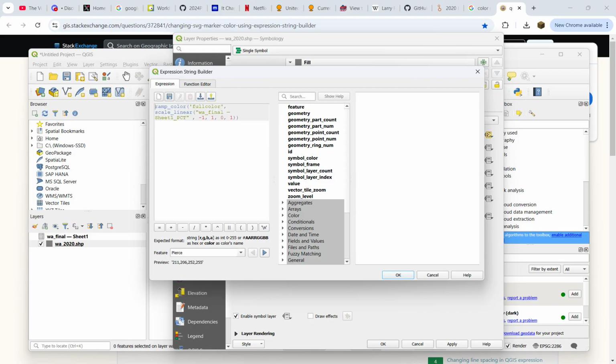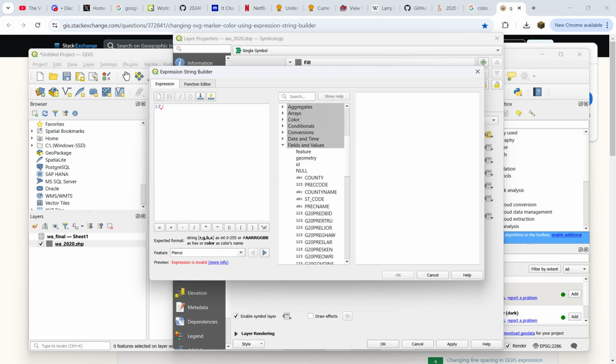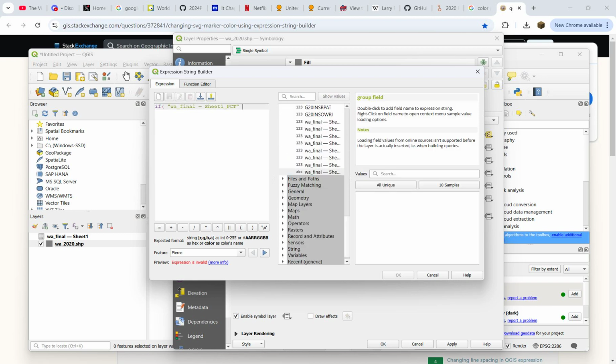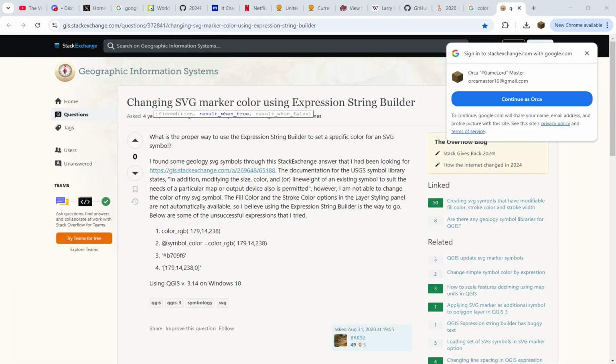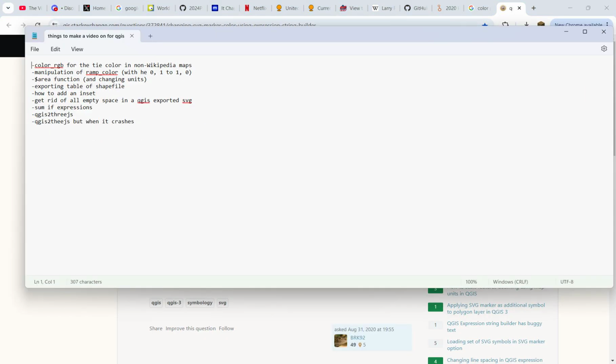What you're going to do is basically, first I'm just going to copy this and delete it, and then you're going to do if, and then under fields and values, you can do if this, or this is just whatever your conditional is, whatever precincts you want to change. In this case, tie colors are going to be 0 on this, so we're going to do if equals 0, or actually, yeah, we can do multiple things. I'll show you. So first we can do if equals 0, and then if that's true, that's going to be our tie color. So our tie color, we can do color underscore RGB,